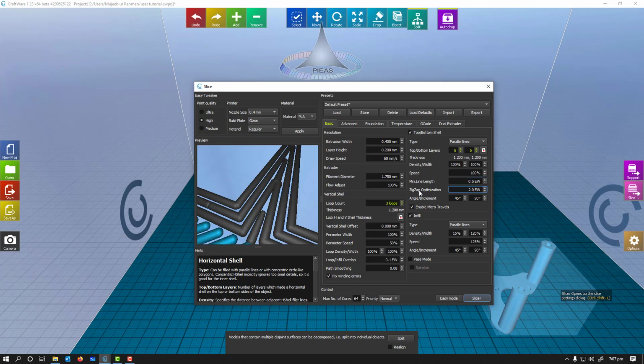Secondly, if we talk about zigzag optimization, you can see here the thread has gone in zigzag motion, or the header has gone in zigzag motion. So the header will perform a zigzag motion if and only if this thickness is 2 times the extrusion width, which is 0.8 mm. If this thickness is less than 0.8 mm, it is not gonna move in the zigzag position.